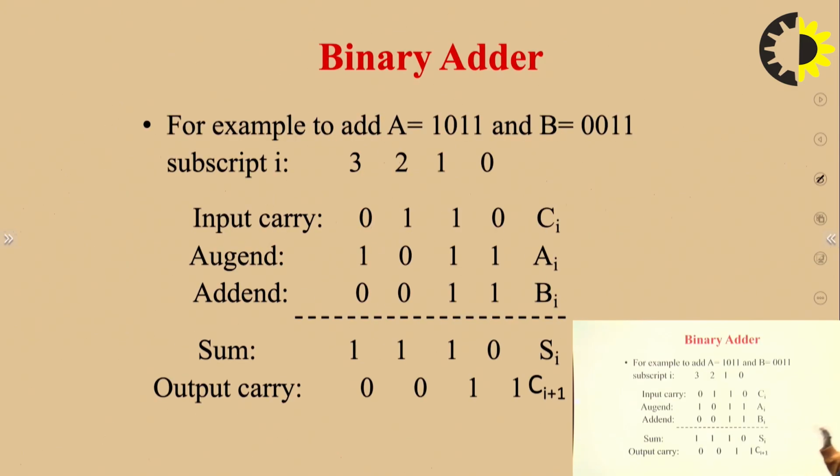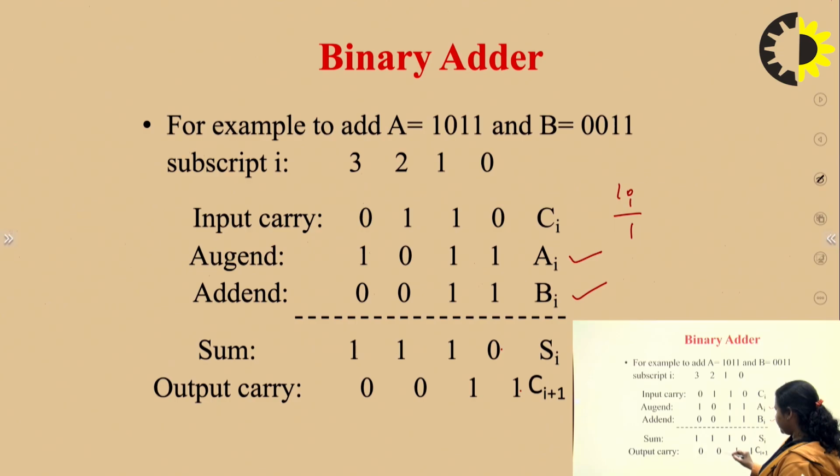Then we have binary adder. So binary adder is simple. We are adding two binary numbers. Like the first one we have taken this. This is augend, this is addend. So when we are adding 1 plus 1, it is basically 2. So we can write sum 0, carry 1, right? So carry is 1 basically, then 1 1. 1 1 is basically 2, and then this carry is also used. So 2 plus 1 is basically 1. So here it is 1, and your carry is again 1. So this 1 plus 0 is basically 1.